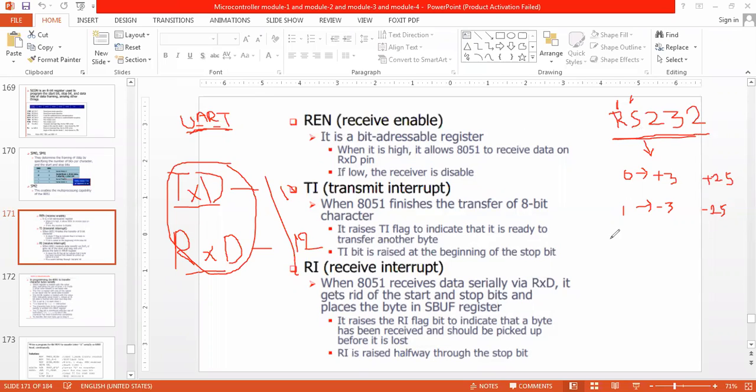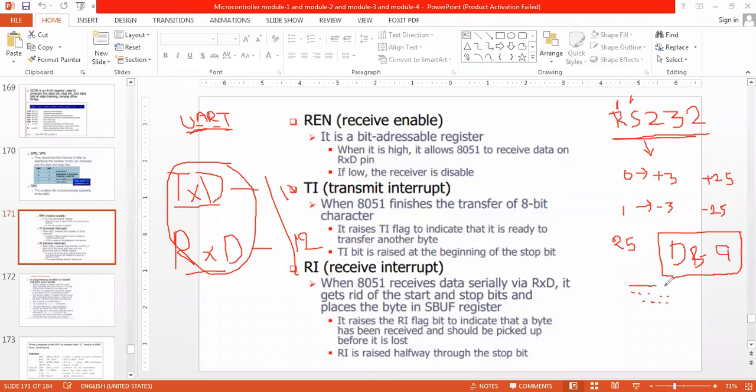One is 25 pins and another one is DB9: DB25 and DB9. Where is our interest? Our interest is in DB9 RS-232, which has 9 pins: 1, 2, 3, 4, 5, 6, 7, 8, 9.